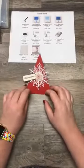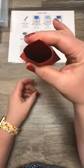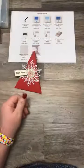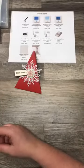So first I'm going to show you this box. So it's a triangle box and you can fit treats in it. All you have to do is kind of squeeze the opening, but I like them because they're super, super easy. So if you've never seen that one, I'm going to show you quick before we get to the main event,